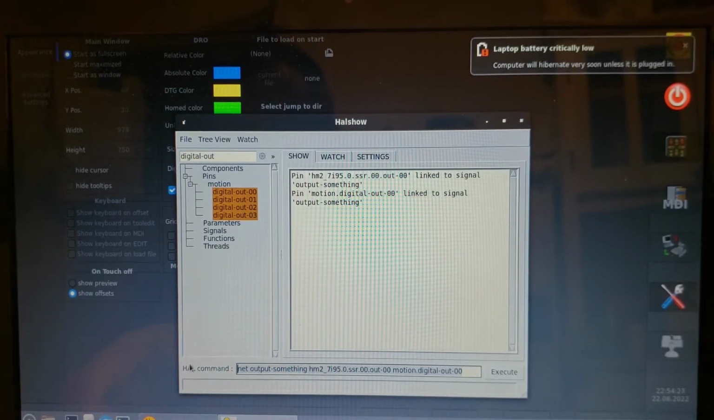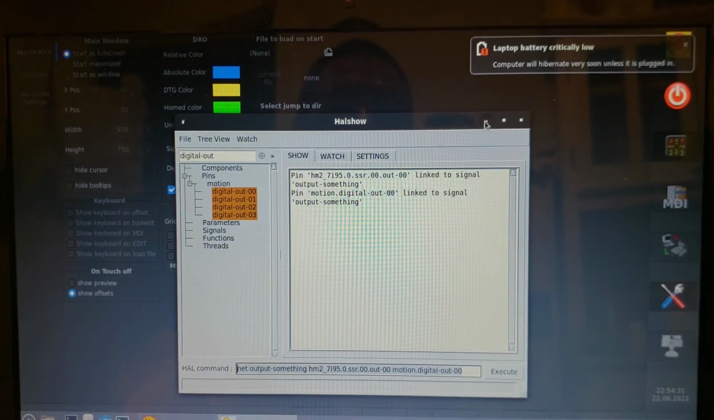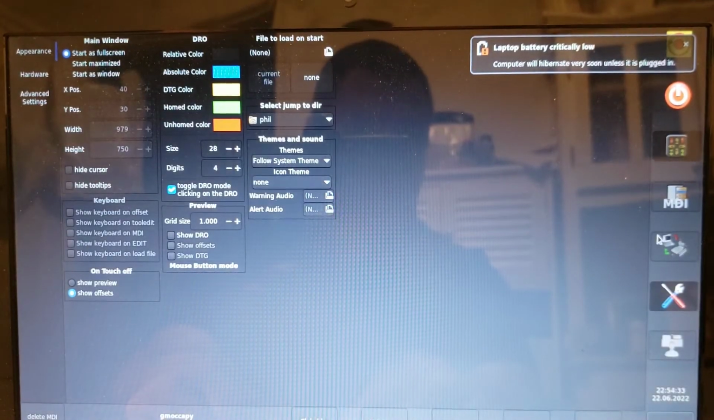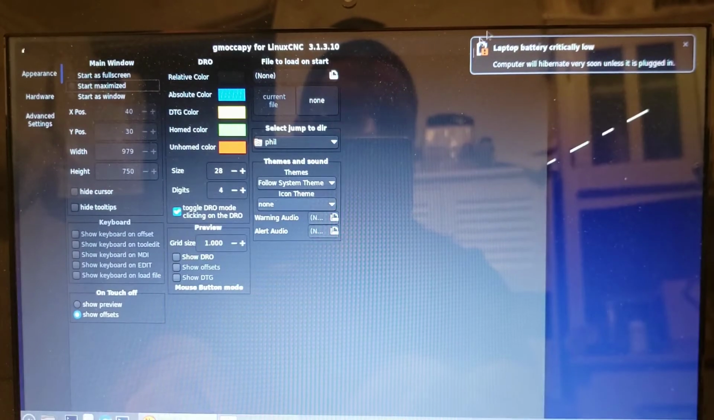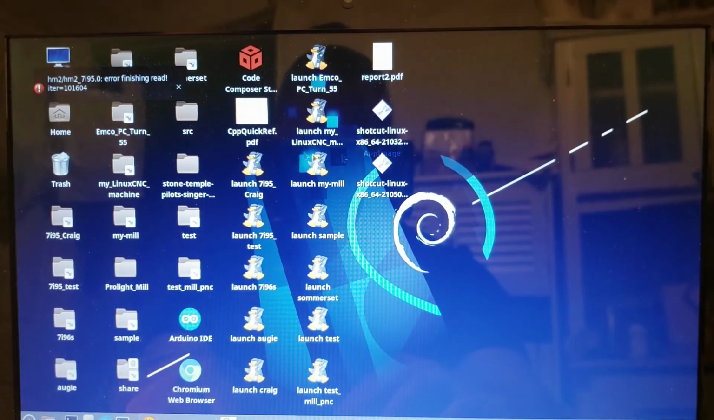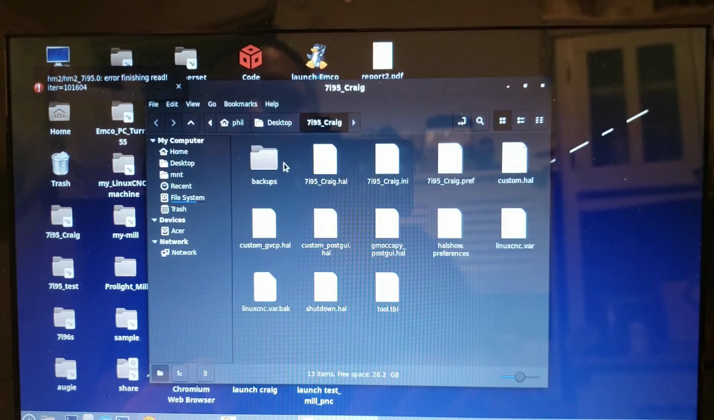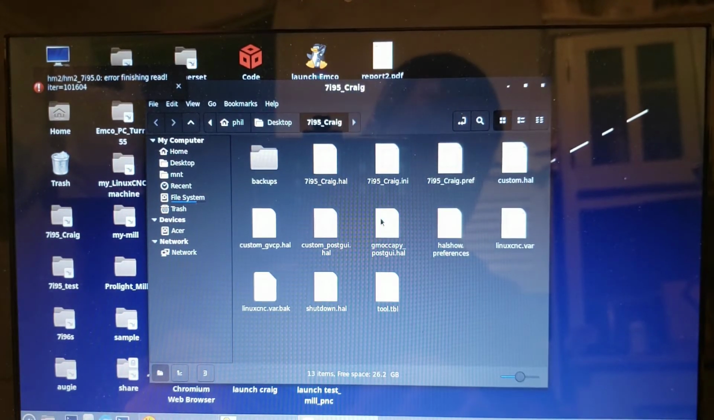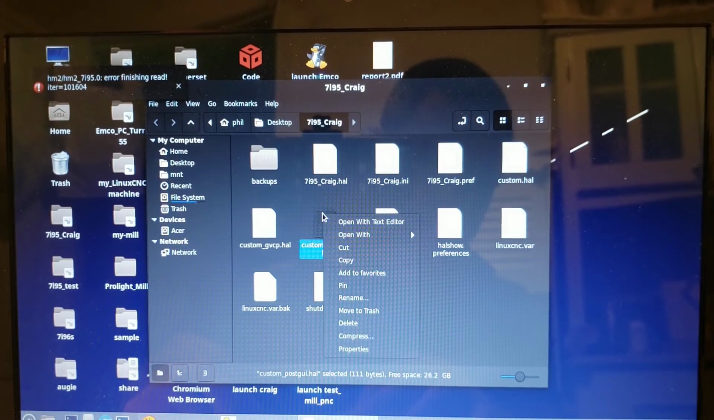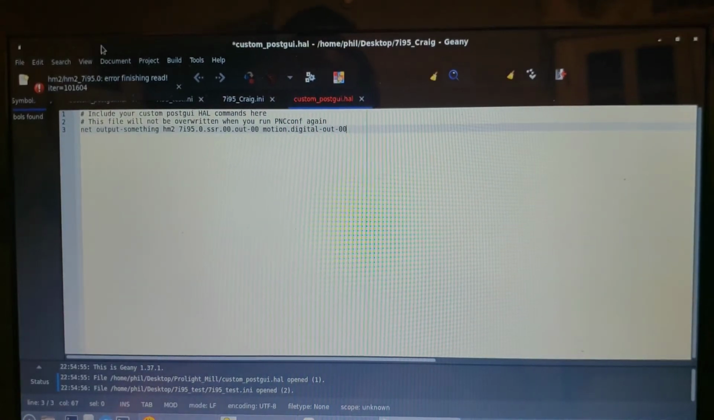At this point, I would just highlight, Control C a few times just to make sure I grab it. Minimize. The resolution on this is terrible, so I have to minimize, maximize. Go into my Craig config. And in this case, what I will do is add it to the post GUI HAL, custom post GUI HAL, open with Genie here, Control V. If I save that,